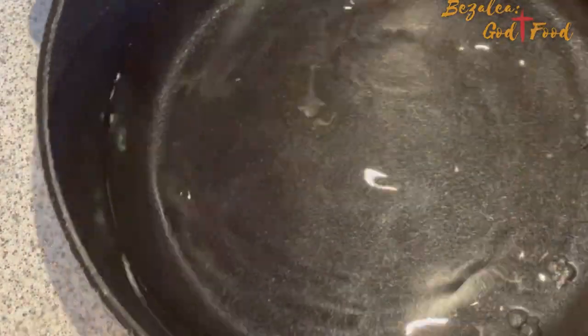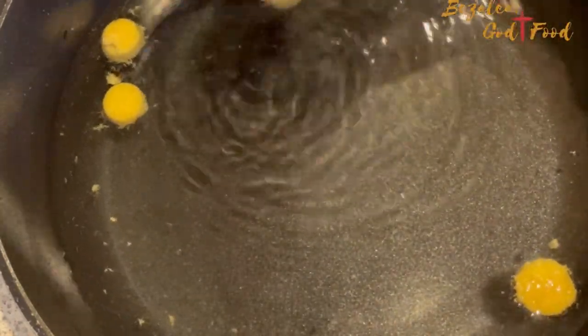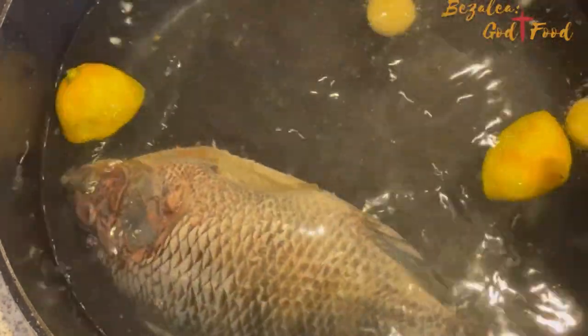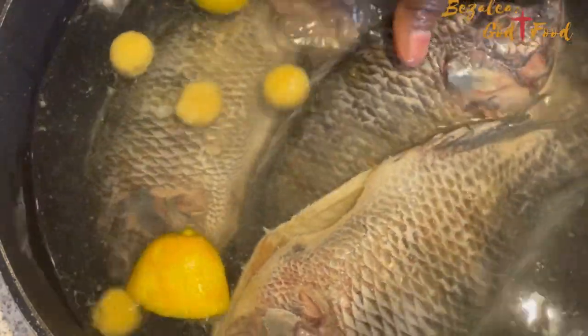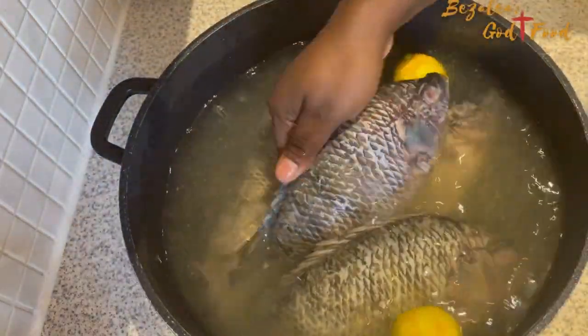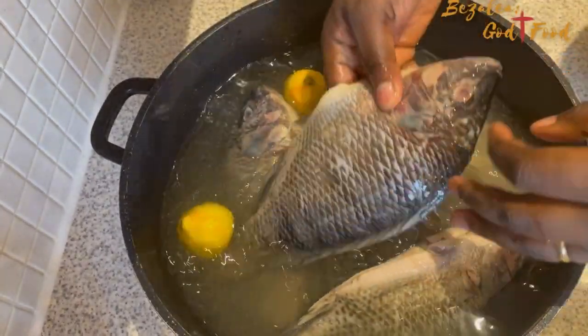So once I take that out, I wash it and I sort of soak them in water. This trick too, I also learned from Nana Best Kitchen, because normally I'll just wash it with some lime, but then she said when you add the ginger to it, it makes it taste fresher and takes out that fishy taste from it. So I tried it and it does work. So I've added some frozen ginger, like blended ginger that I've frozen. I thought it was easier, and I left it to sit for about 1 hour or so. The water was very cold. So now it's ready to be wrapped